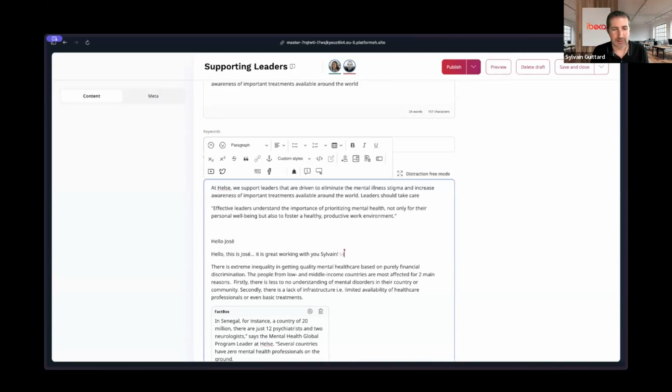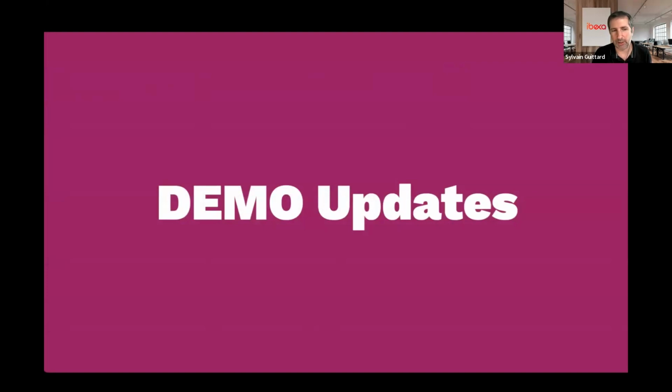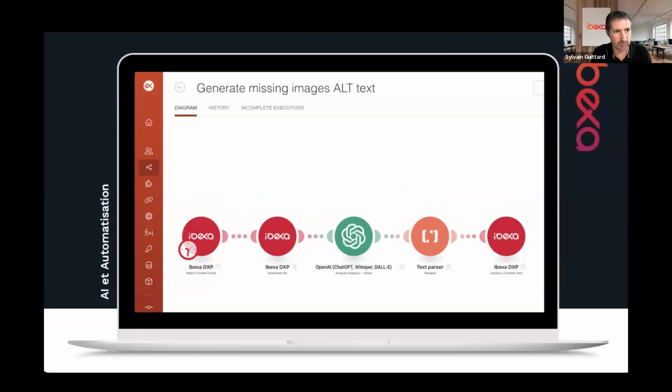So I hope this excites you, because it's a really nice capability. We started to explore this, and we are sure that it will bring a lot of efficiency in terms of working on documents, collaborating with different personas or different teams inside Ibexa. That's all the time I have for the demo updates, because time is flying. I wanted to show you this illustration regarding AI before jumping to the next part. If you already want to experiment and explore AI and generating missing alternative text for